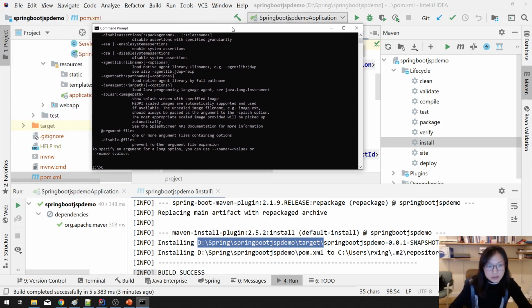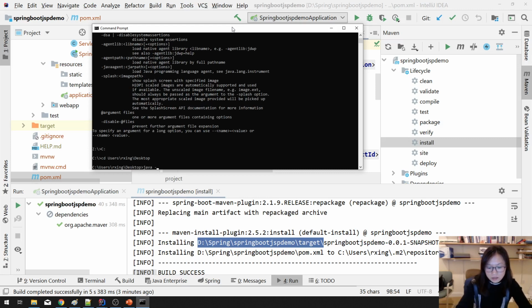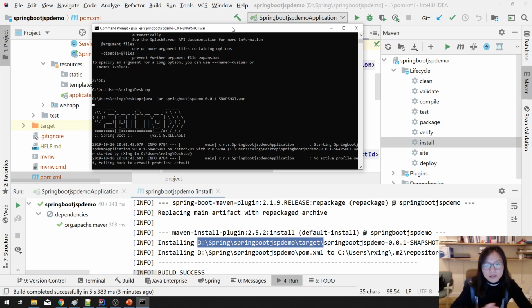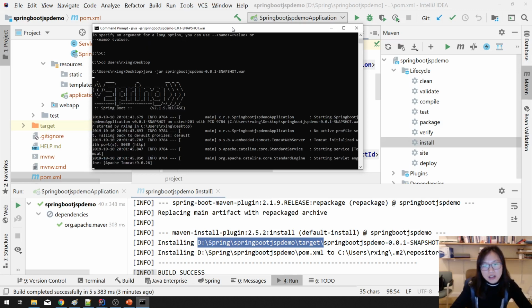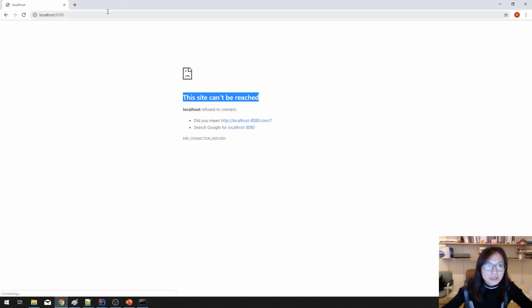And then we go back to the C drive desktop. cd Users, my user, Desktop, and then java -jar the Spring Boot JSP WAR file. Enter. Now you can see it starts our application, and you can see Tomcat started on port number 8080. Previously it was going to be like this. Then when I run again,